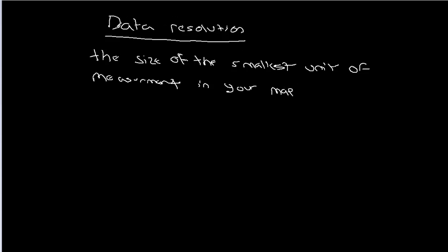That's why you'll sometimes see data resolution also referred to as the minimum mapping unit. Data resolution or minimum mapping unit. You can think of this as basically a measure of what's the smallest thing you're trying to map. Or conversely, another way we can think of data resolution is the scale